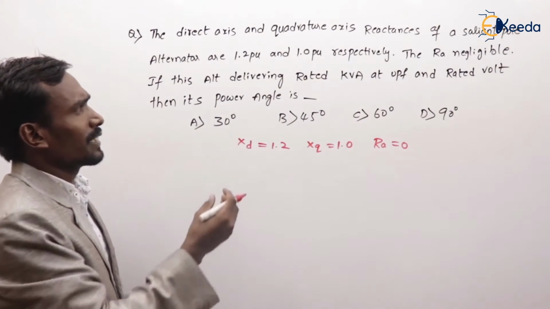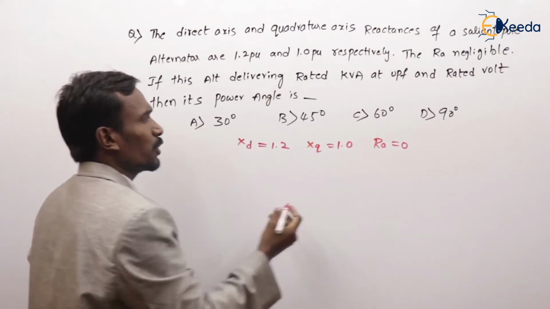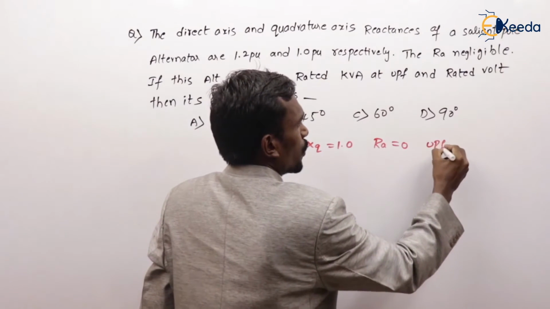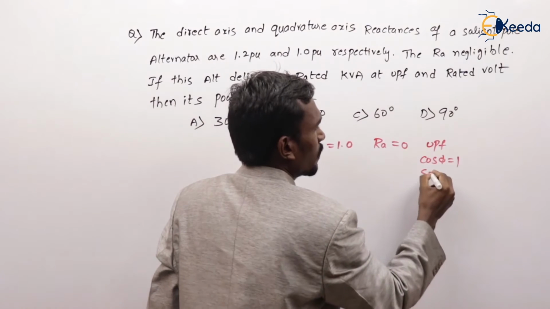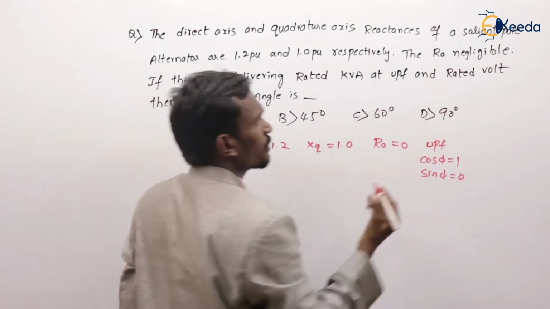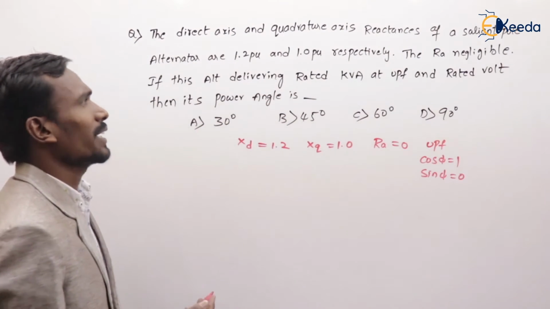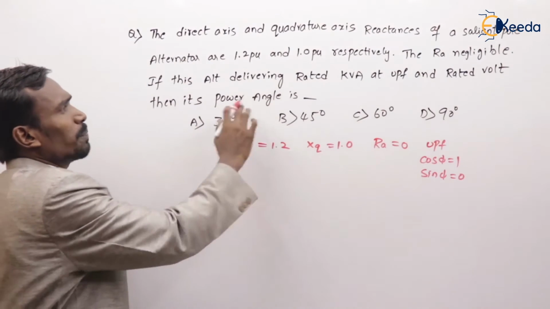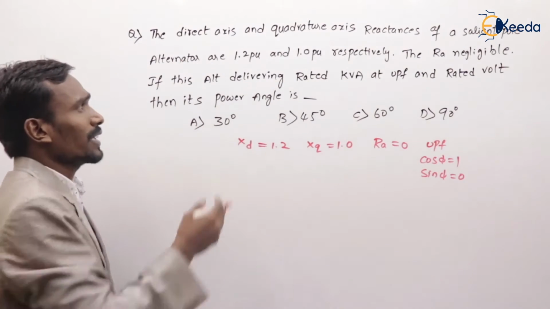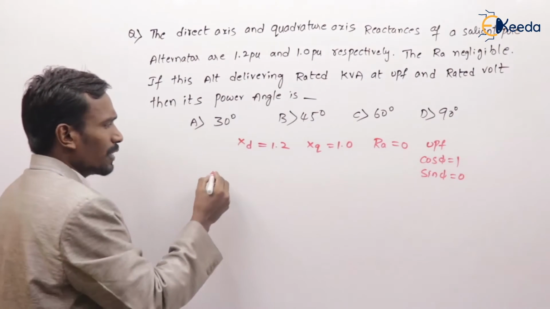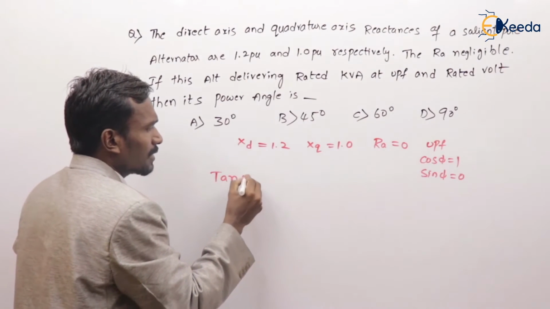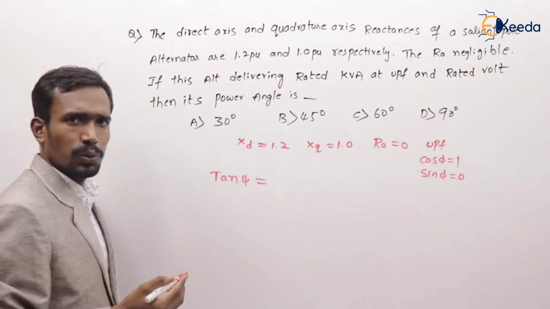If this alternator is delivering rated kVA at unity power factor, that is cos phi equals 1, sin phi equals 0, and rated voltage, then what is its power angle? Actually, they want the power angle delta. We have a formula, tan psi equals